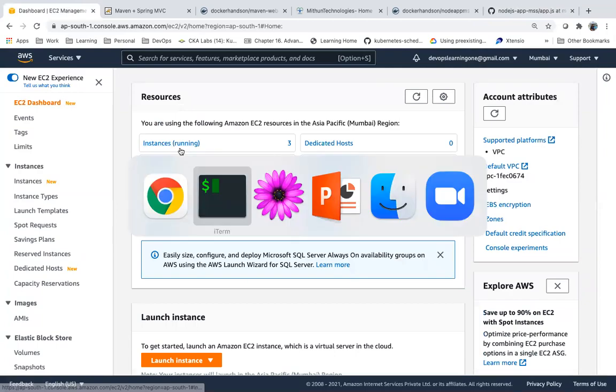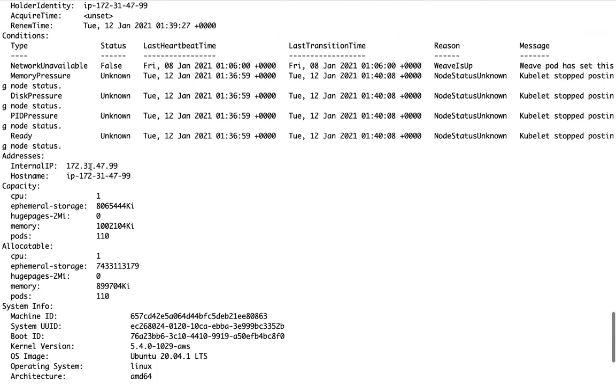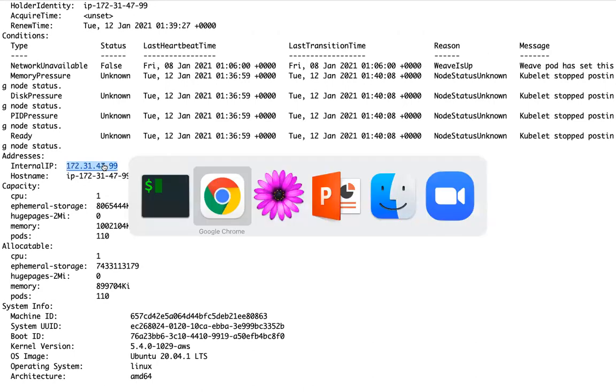So which server is that? This server, 99.